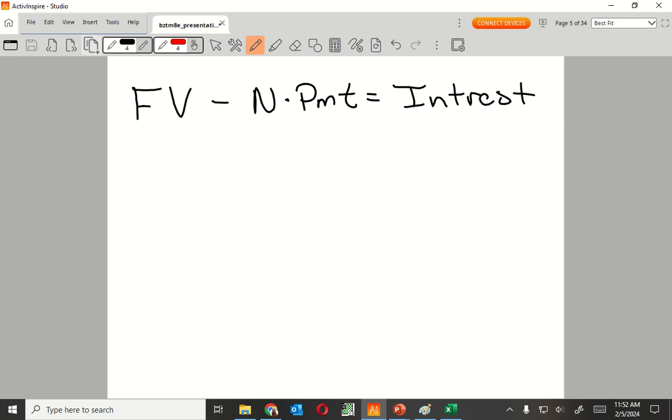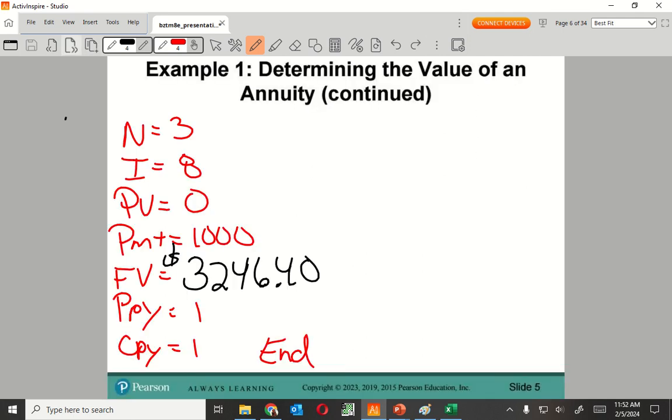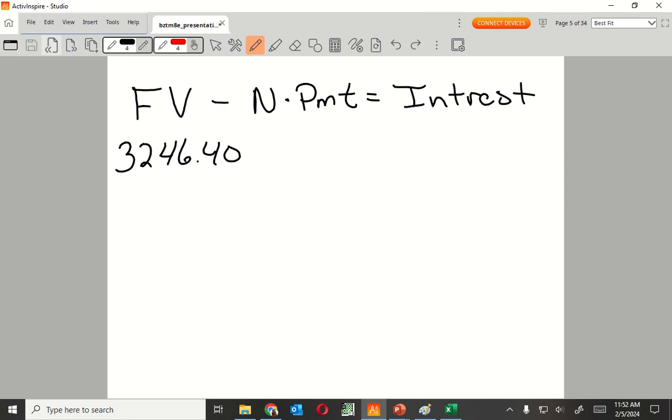All right, my future value was 32, 46, 40? Yeah, remember it's money, right? So you don't just put 0.4, it's 40 cents. Minus, we made 3 payments of $1,000, so 3 times 1,000, 3,000. So my interest is going to be